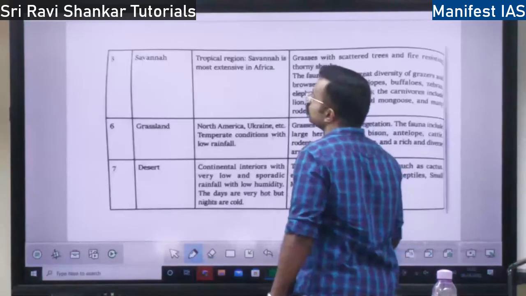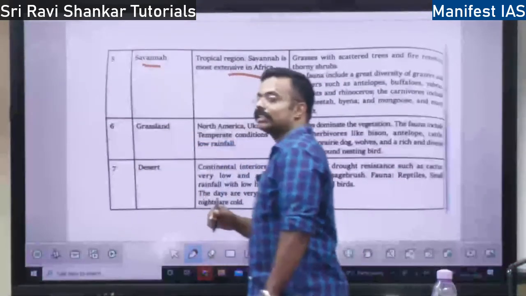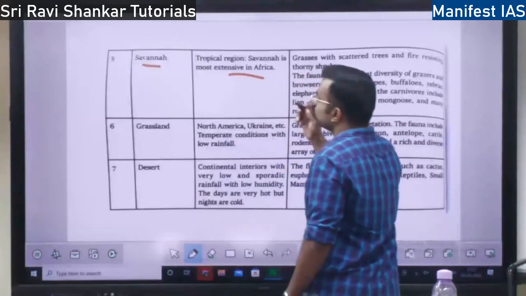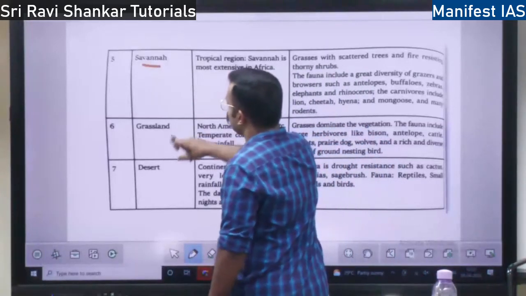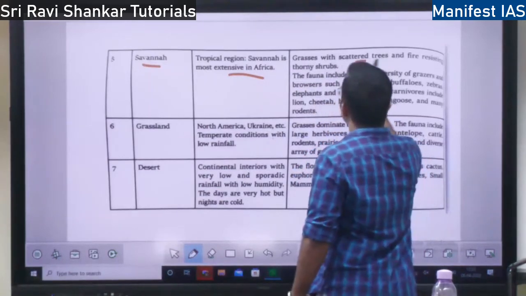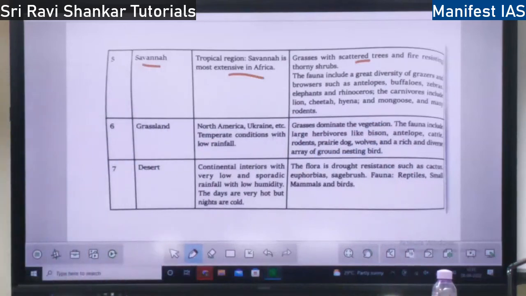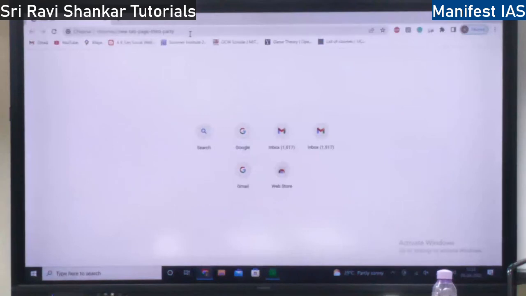Okay. Then you have savanna. Where do you find it? In Africa, grassland, savanna grass. So it is also a type of grassland. Savanna is a mix of grassland and desert, right? So how does savanna look? I'll show you. There will be a big grassland in between. In between the grassland you will find some one or two trees. So that is savanna grassland.